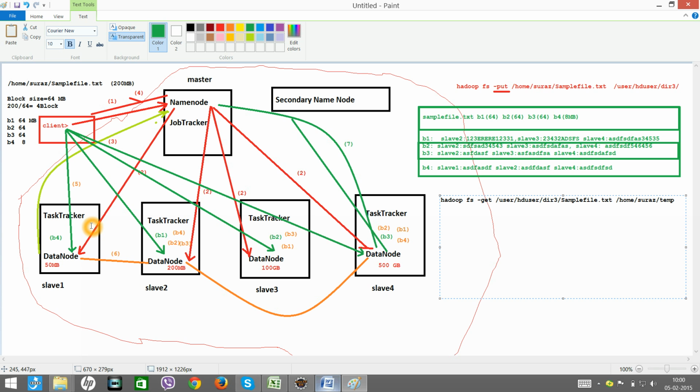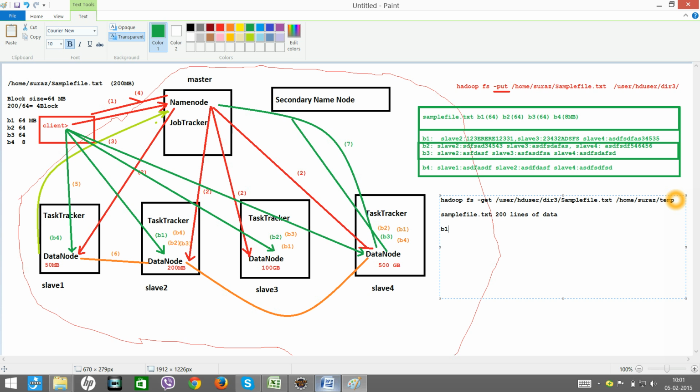So I will assume that this sample file.txt contains, let's say, 200 lines. The sample file.txt was actually having 200 lines of data.